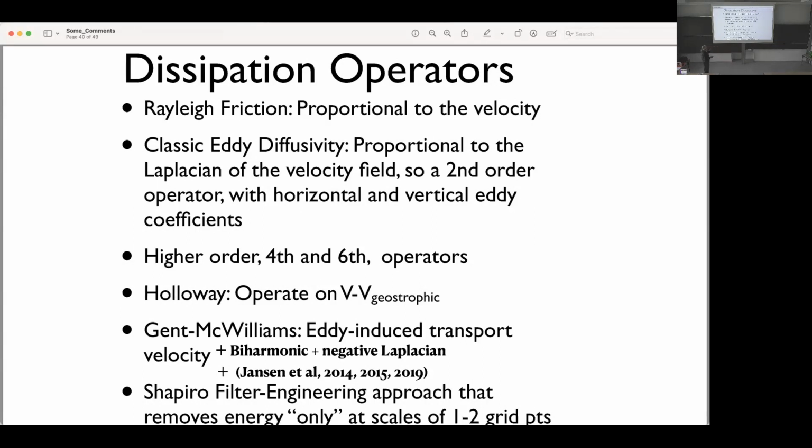And so it's based on the eddy-induced transport. It depends on layer thicknesses. It depends on the velocity gradients like these other operators do. And then Janssen and his colleagues, in a series of papers, took the McWilliams operator, added a biharmonic operator, and then